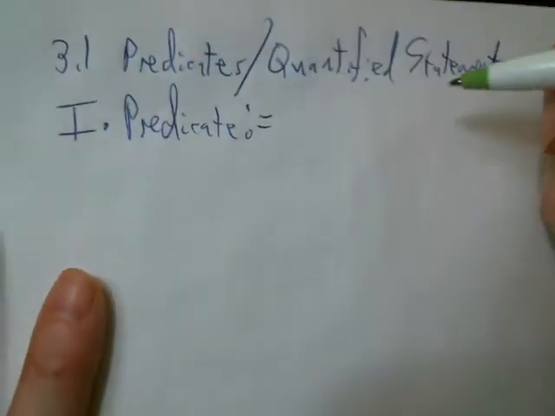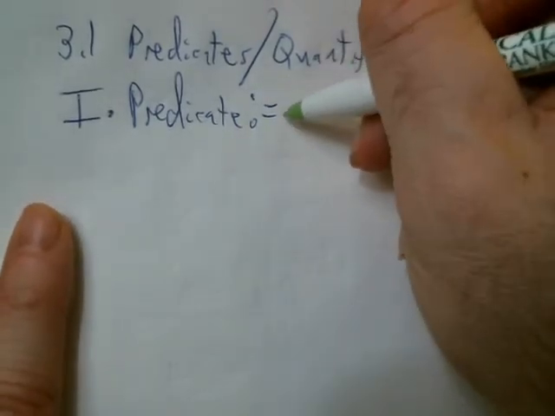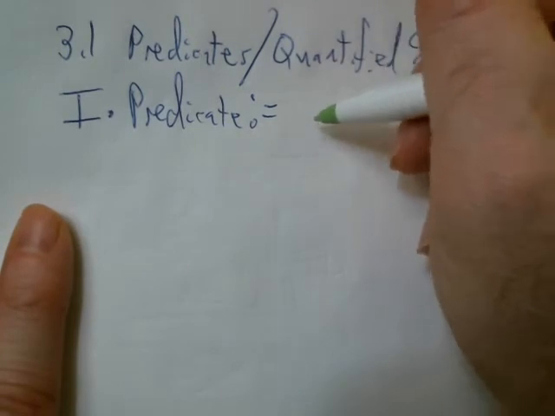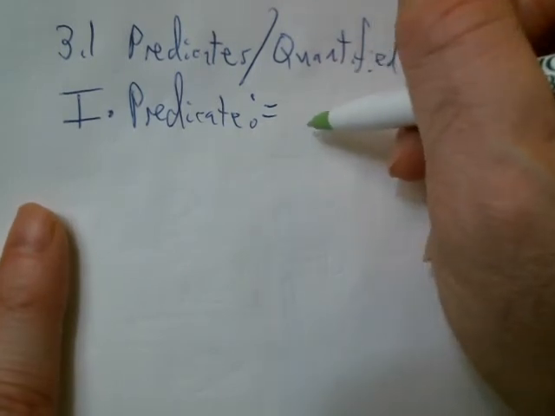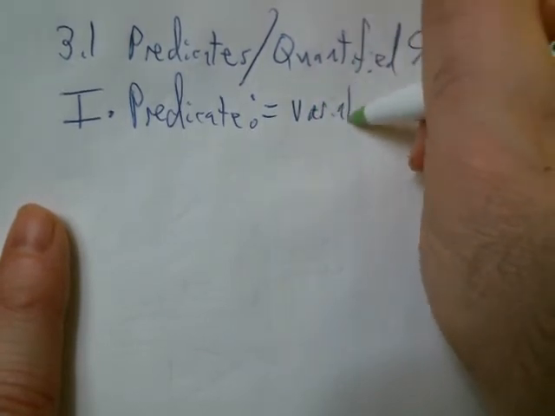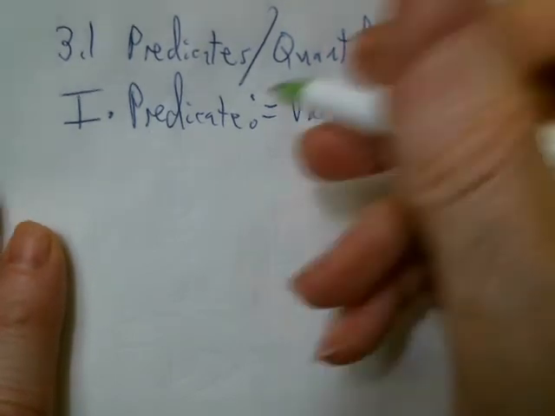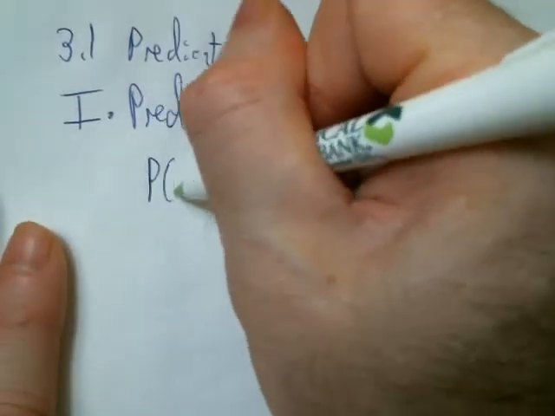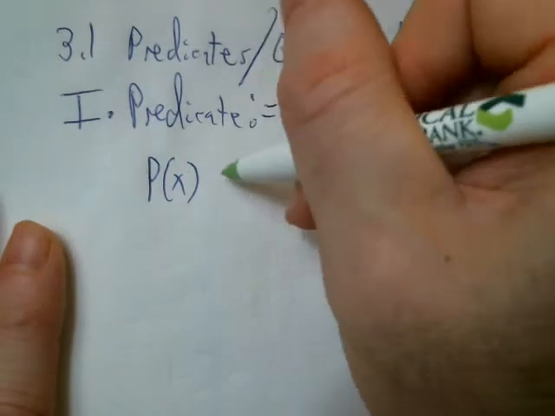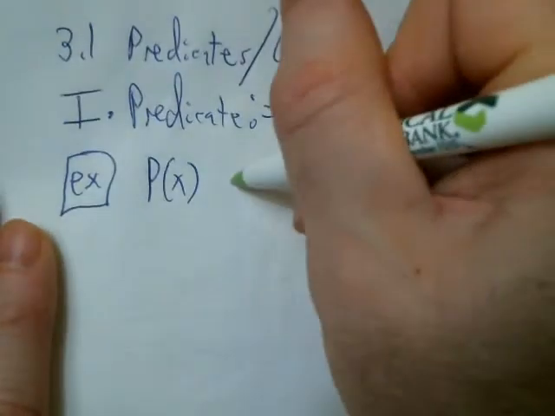A predicate is basically just a statement that has a variable in it. So it's not technically a statement at first, but once you substitute in something for that variable, it becomes a statement. Okay, so I'll just write it's a variable statement. For example, a predicate, we'll call it P of X. So this is an example. P of X is